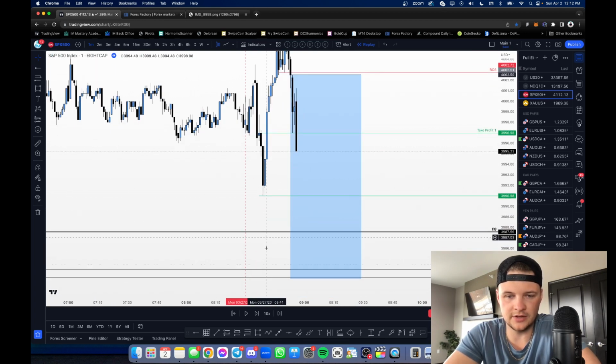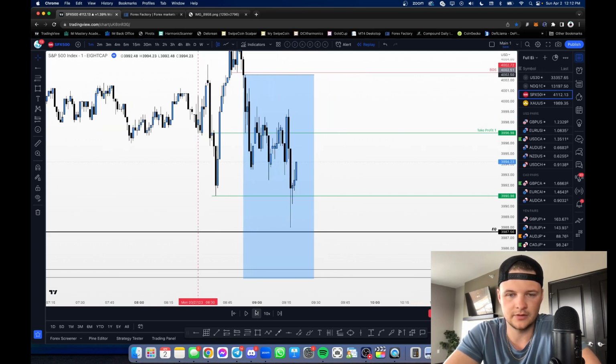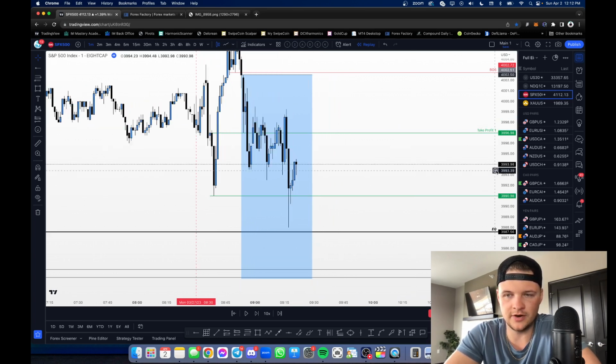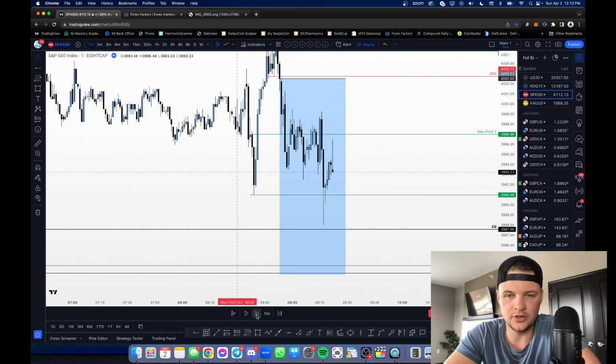So just to show you guys how this would have played out or how it did play out for those that did take it. We push down, we hit TP2, shave off another partial profit, whether it's another 50%, a third, like whatever you guys want to take off, that's totally up to you and your plan, right?